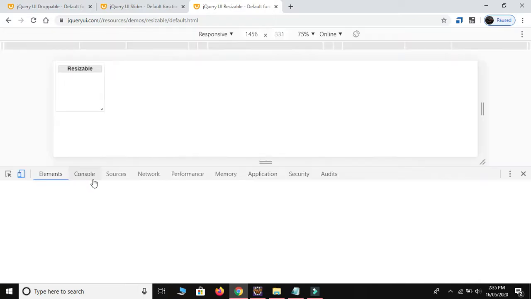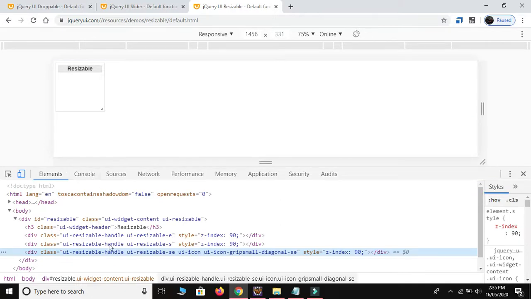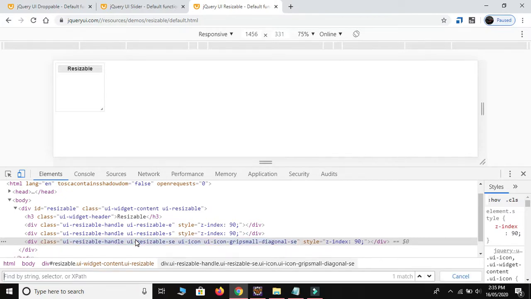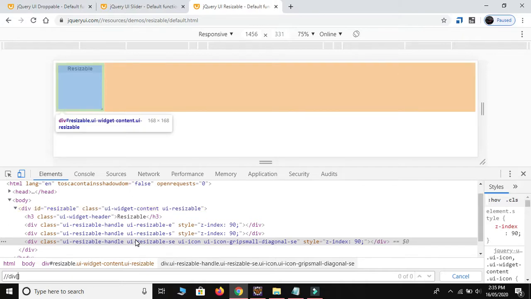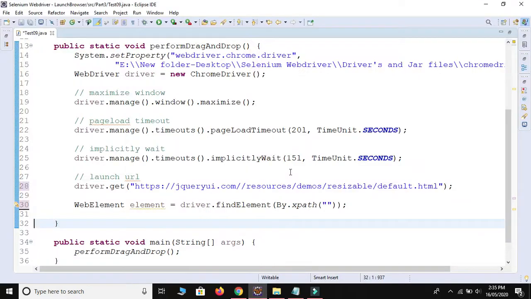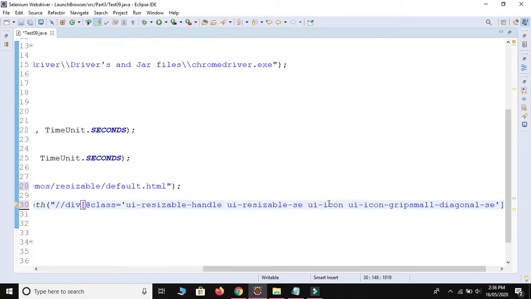Be careful when you inspect this arrow. When I mouse over this command, it will highlight. So this is the attribute of this particular three-line icon. So I will use this class name. Let me copy it, Control F, // it comes under the div tag. So I will write div @class is equal to this value. So I am able to find 1 of 1. Copy, and this is the XPath.